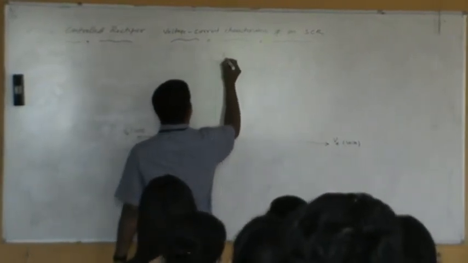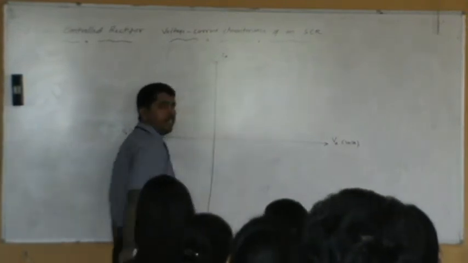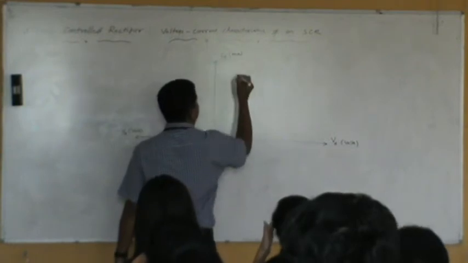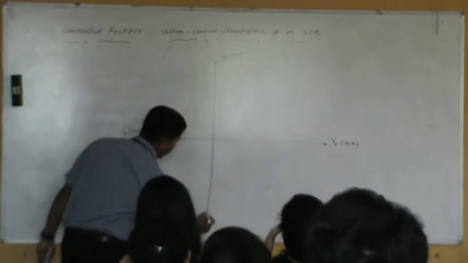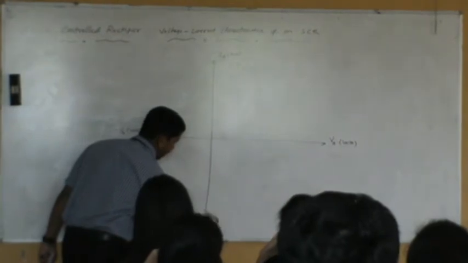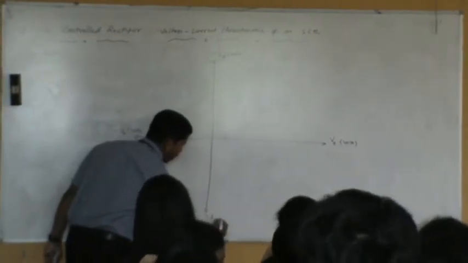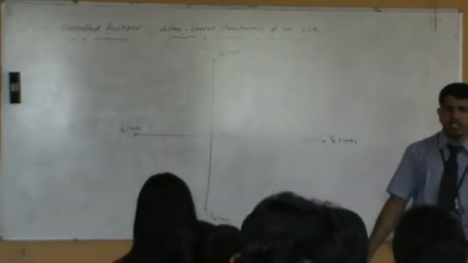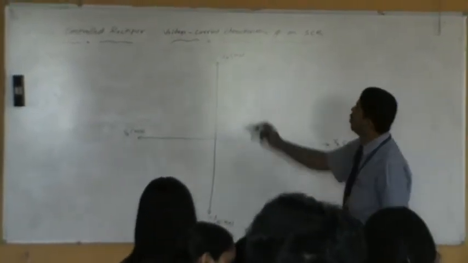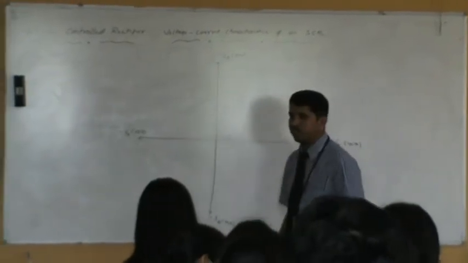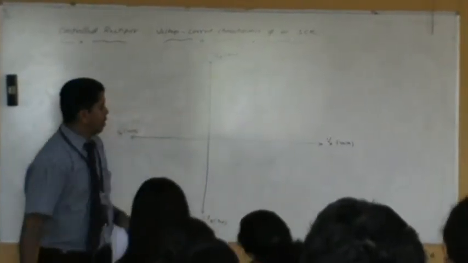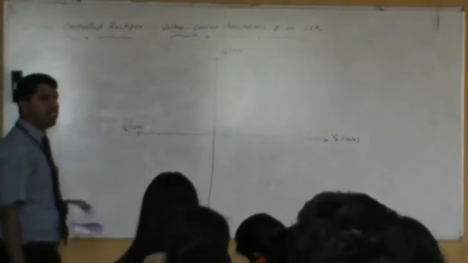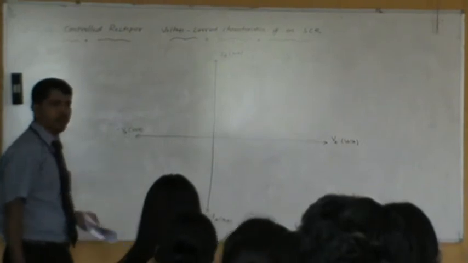And the current which is flowing from anode to cathode, that I indicate as IA, and this is going to be in milliampere. Negative current, which I will indicate in the negative y-axis, is also in milliampere. This is a scale which I have chosen to plot voltage current characteristics of an SCR. Here we will consider gate voltage later on. For the time being, let's assume that we are not applying any gate voltage.